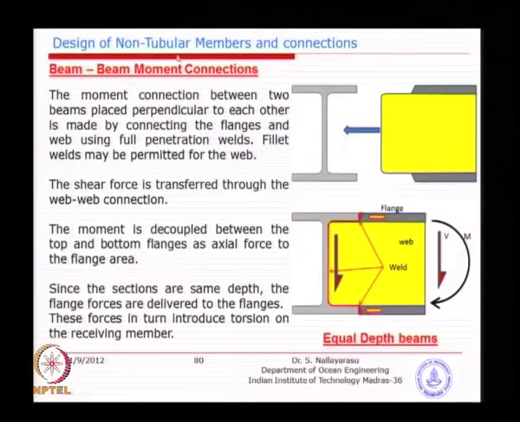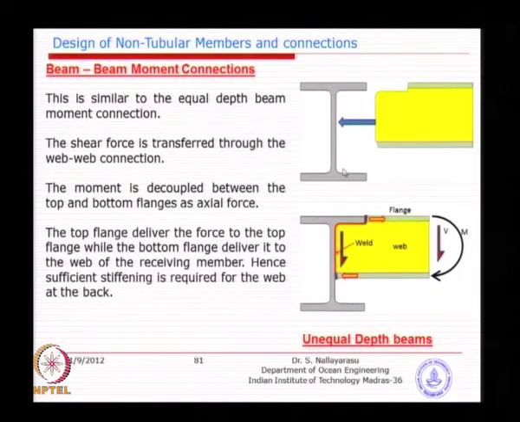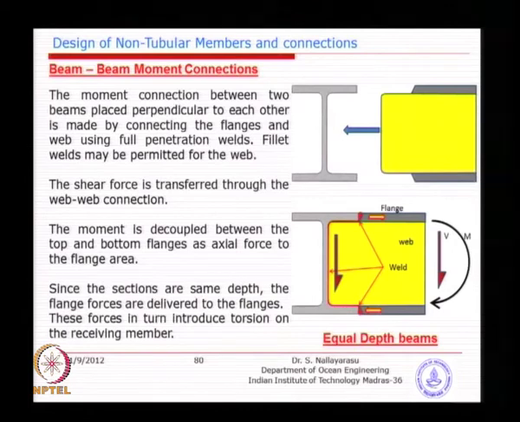So, that may be called a simple shear connection, which is in a slightly different form I have given. So, this beam connection is just purposely made a moment connection. You can also have unequal depth, but of course, then it does a bigger damage at some location along the web. So, you may actually have to stiffen this side, so that this web is able to take this force coming from the decoupling effect. Otherwise, you will see the larger bending here, and by that the web will fail. So, for equal and unequal, the only difference is the web local buckling needs to be taken into account.